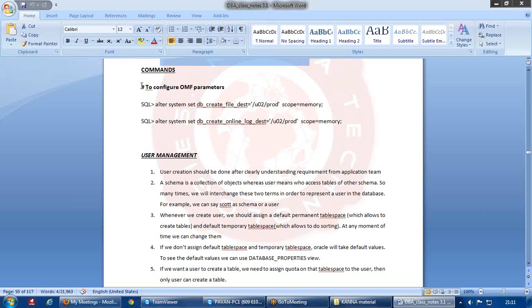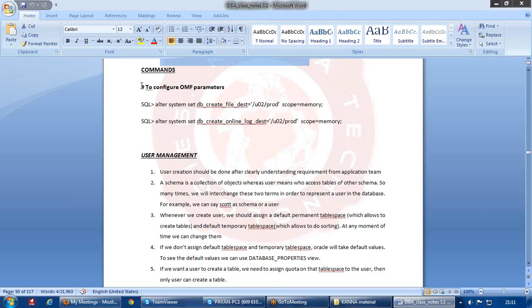And point number three says, whenever we create a user, we should assign that user a default permanent tablespace, which is used to create the tables for that particular user, and we need to assign a temporary tablespace also. The temporary tablespace is used for sorting purposes, you already know that, and at any moment of time we can change them.